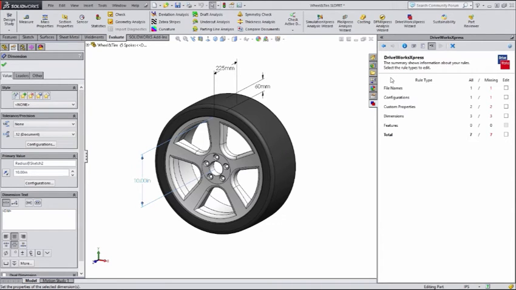Next one more time, and we can see that we're ready for rules. And this just kind of gives you a summary of all the rules you need and are missing. So as you can see, we have 1 for file names, 1 for configurations, 2 for custom properties, 3 for dimensions, the 3 dimensions I captured, totaling 7. We're going to want to create rules for all those, so I'll just check the box for all 7